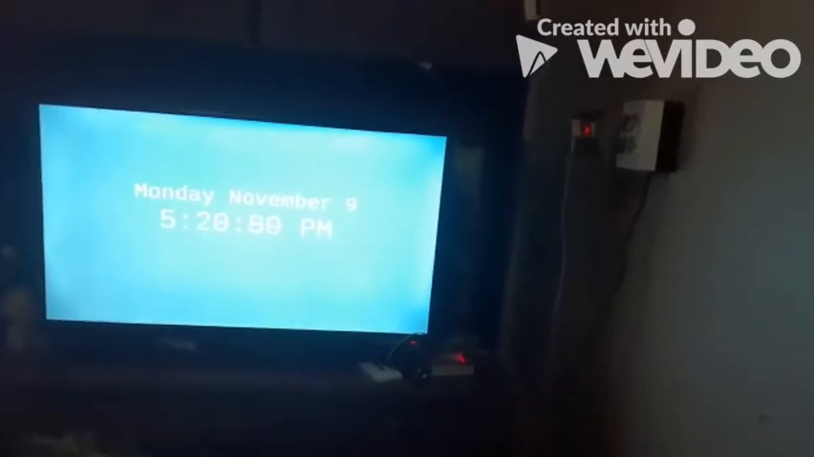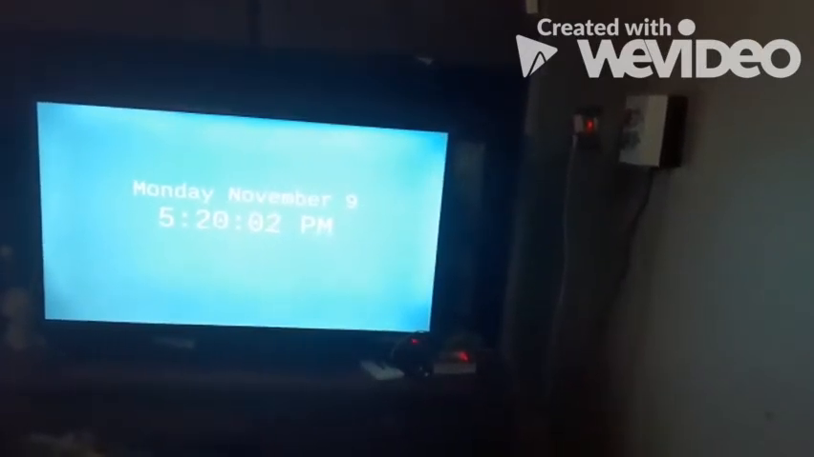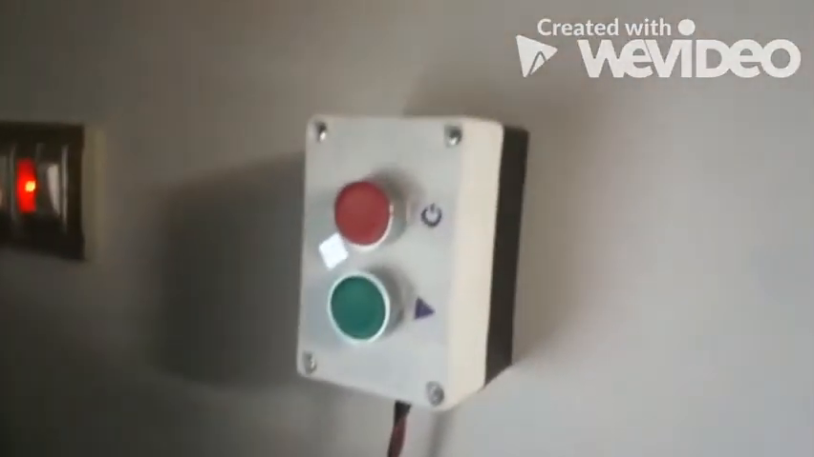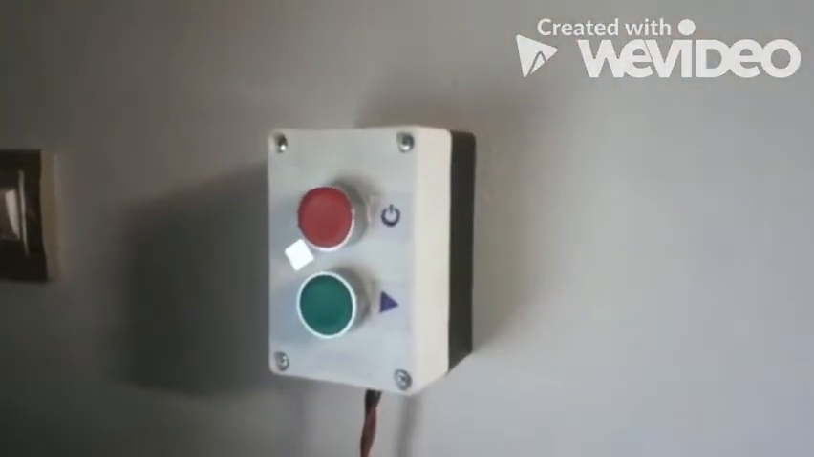This is what I call a Carl Sagan TV. It is a Raspberry Pi running in the background, connected to a two-button momentary switch. Okay, so I'll get to the Carl Sagan aspect of it in a bit, but I am going to show